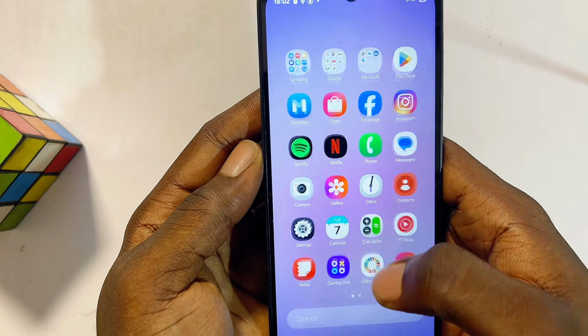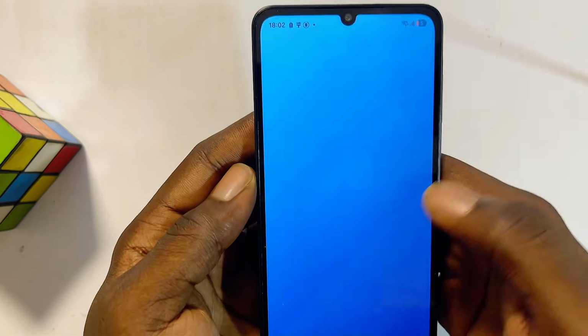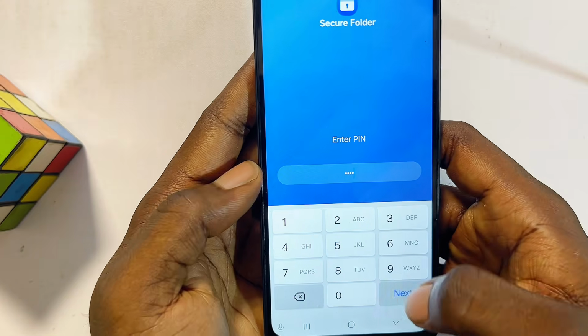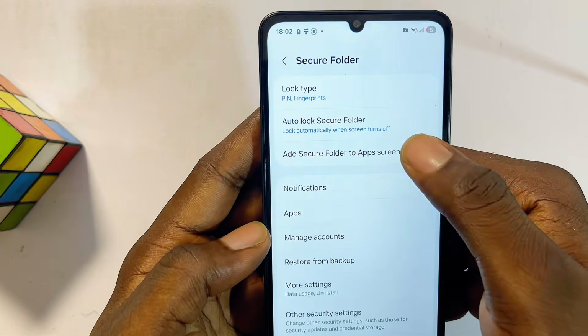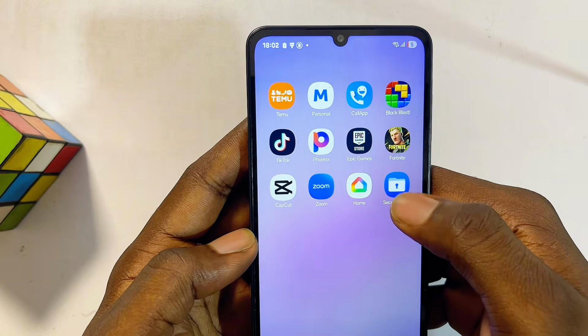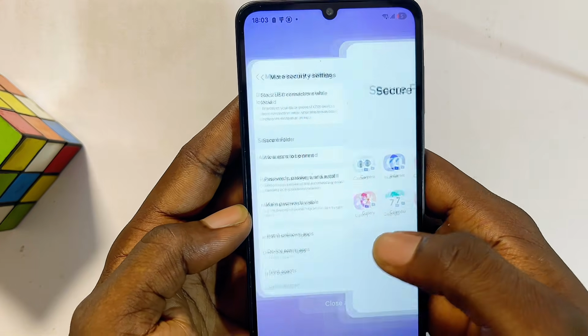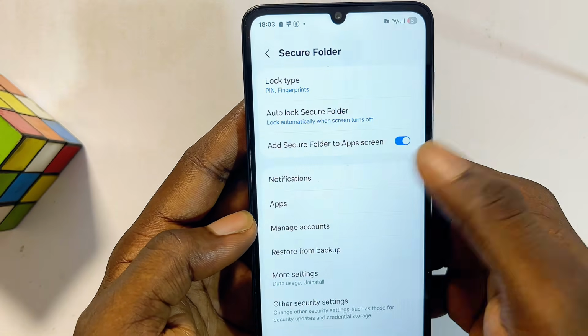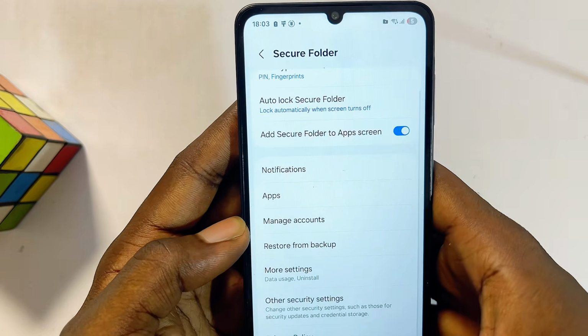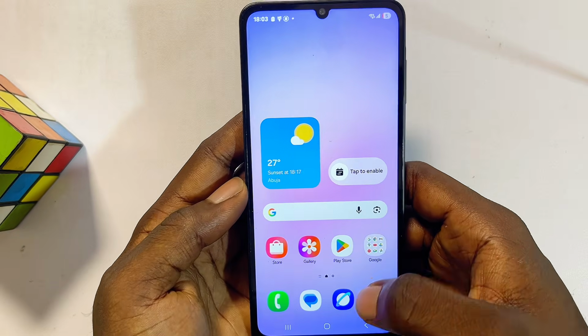If you ever want to retrieve it, go back and open up the secure folder one more time. You might be required to enter your PIN, and once you enter your PIN, go ahead and just toggle this on, and you should be able to find your secure folder now on your Samsung device. Note that there are other things you can actually customize from the secure folder, so you can actually choose when you want it to lock and all that directly from over here. That is basically how to lock and hide apps on your